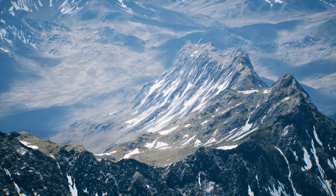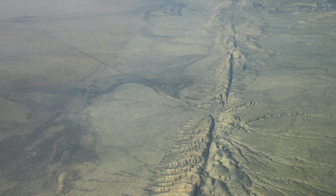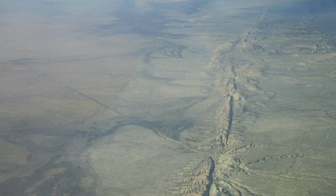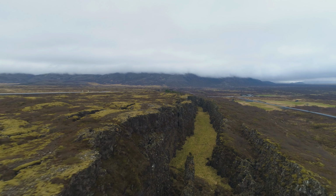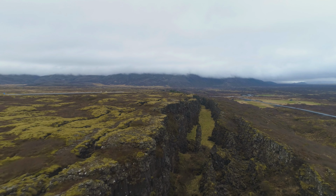Plate tectonics come in various forms. There's convergent, which creates mountains and a collision between two plates. Then there's the grinding transform plates, such as at the San Andreas. And then there's divergent, which is where plates split apart, like here in Iceland, where the North American and Eurasian